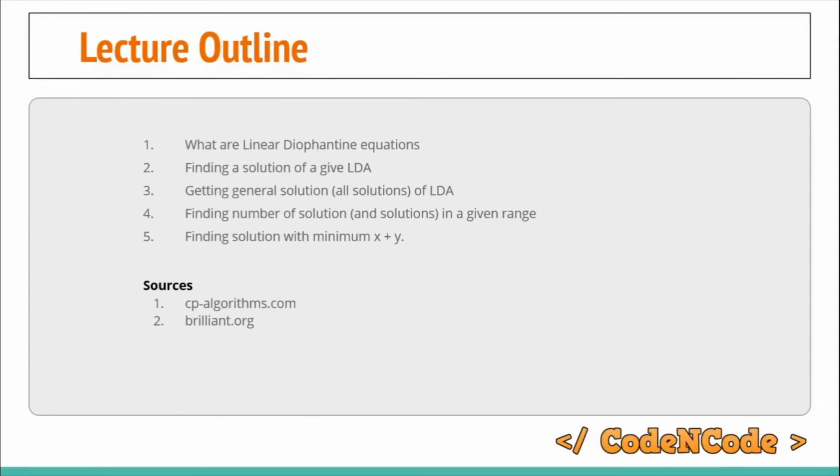Let's start. So this was the course outline for LDAs. We have covered part 1 and 2, first and second part. In this lecture we are going to cover 3 and 5. Part 4 requires its own lecture because I need to explain a lot of things there, so I won't be explaining 4 here. We'll be finding the general solution of LDA, and also we'll be finding the minimum value of x plus y